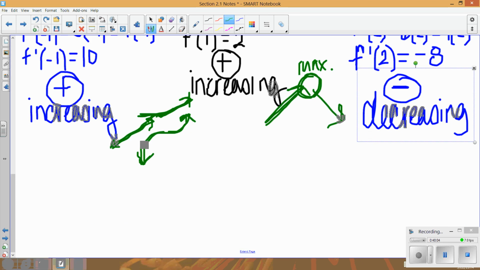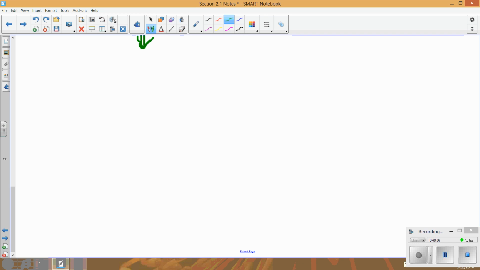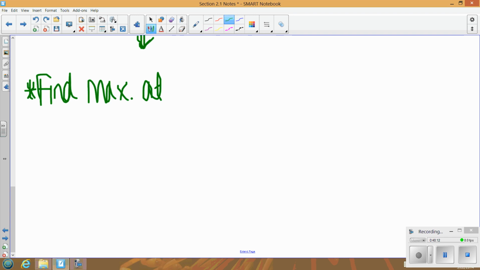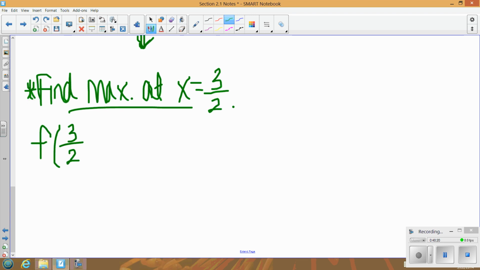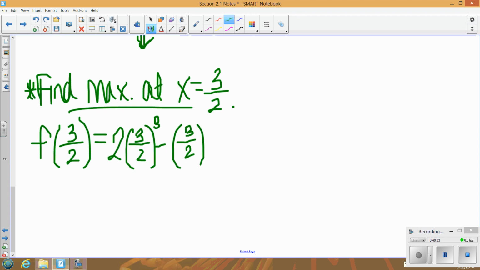So figuring out the maximum is our next step. So we're going to find the max at x equals 3/2. And remember, to do that, you're plugging the 3/2 into the original function. It's always into the original when you're trying to find a max or min. So I plug 3/2 into the original,